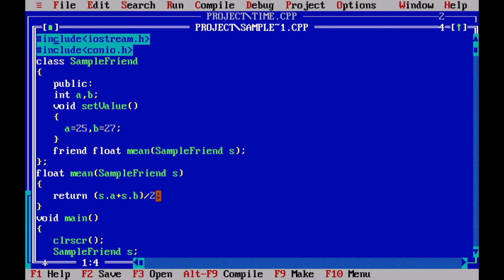So you can see this mean function is a normal function like the main function. It is not a member function of this class, but it is a friend function of this class made using the keyword friend. So it can access its members a and b outside the class.